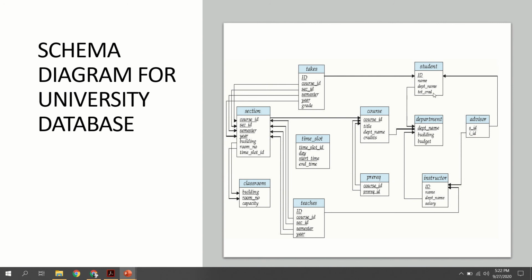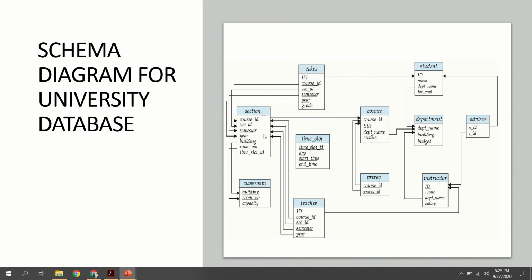So here which one is the referencing table? The student table is the referencing table, because the student table is referencing an attribute. It contains an attribute called department name, which is the primary key of the other table, called the department. So if we take these two tables, the student table acts as the referencing table and the department table acts as the referenced table, because it is referenced by the student table. So whenever we are drawing a foreign key, we have to take an arrow from a referencing relation to a referenced relation.